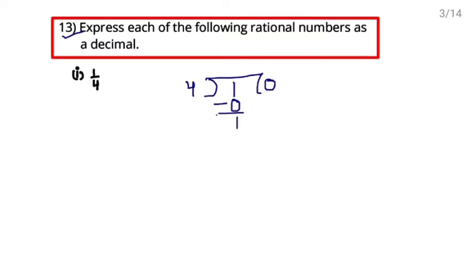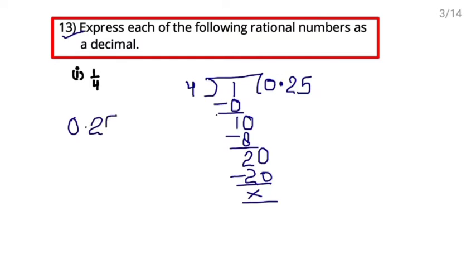Subtract 1. You don't have any other digit to copy down. So put decimal and take 1 0. Decimal means आपको एक 0 बोनस मिल गया. अब किसी भी स्टेप में आप एक 0 खुद से include कर सकते हैं after decimal, right? 4 2s are 8. Subtract 2. You already have put decimal, so you can put 1 0 because this is your bonus. 4 5s are 20. So what you are getting? 0.25.